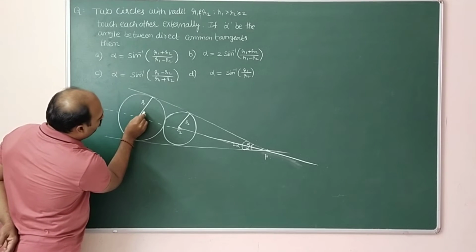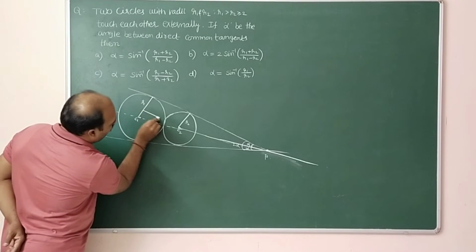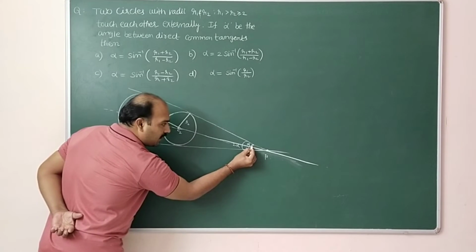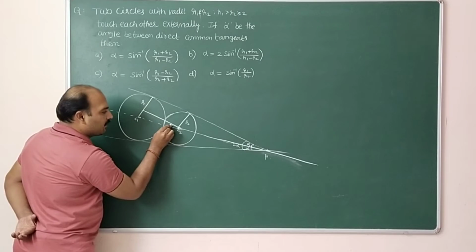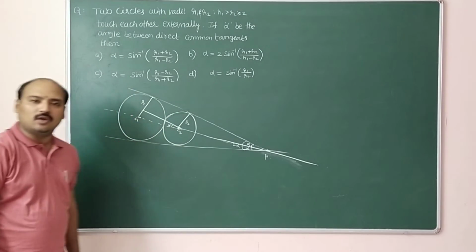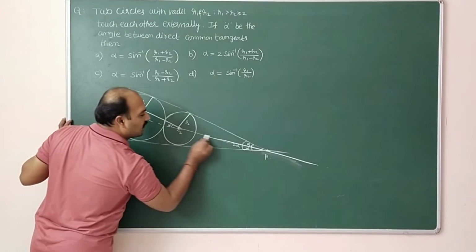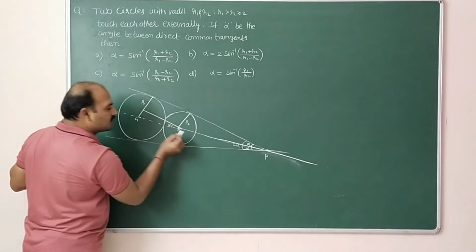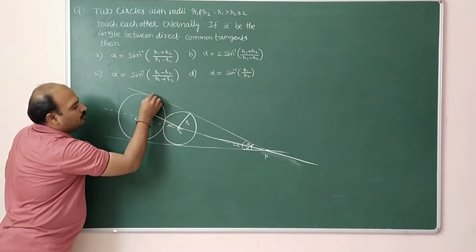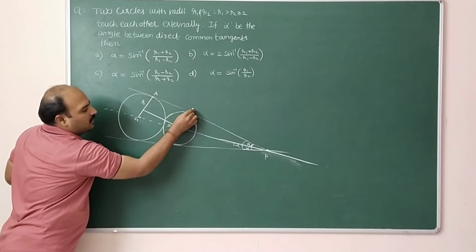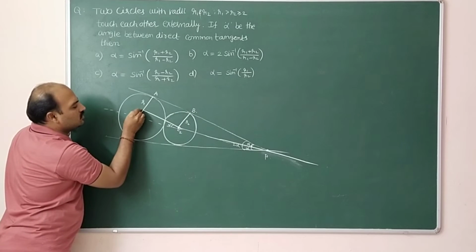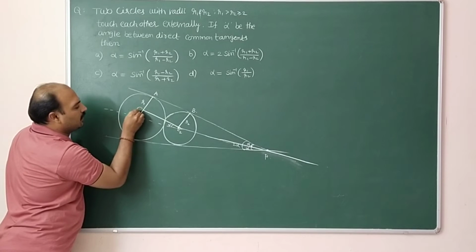Here, if you draw one perpendicular to R2 from this center, how much angle will it take? Here also it will take the same angle. Why? Because on the same straight line the angles are equal. So this is the same straight line. That same angle here also it will take. So C1, C2, some points you can take. Here A, here B. Some point like Q you can take.